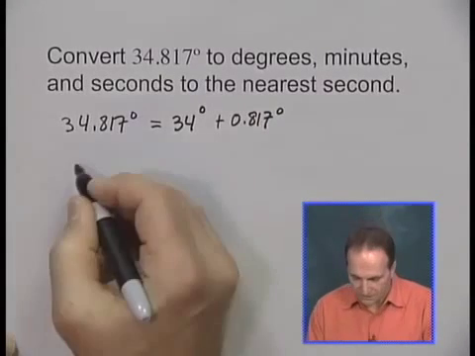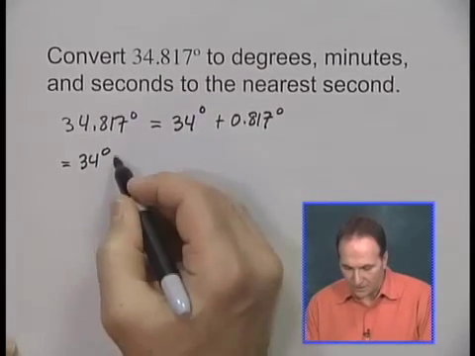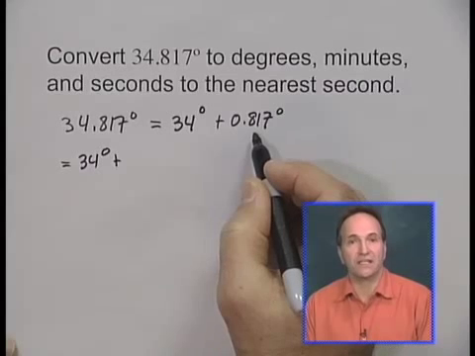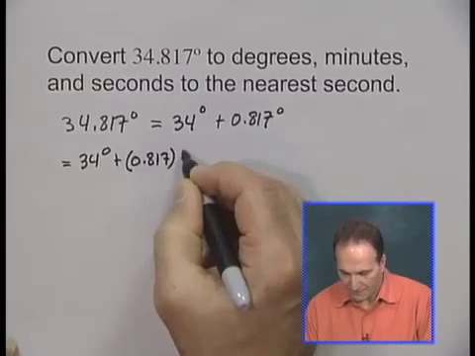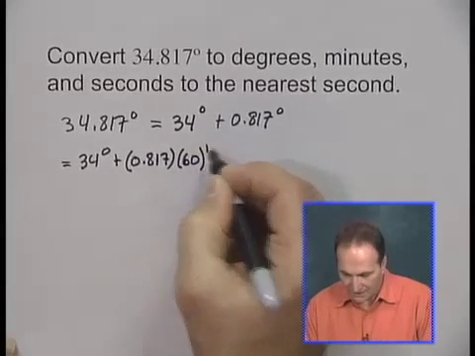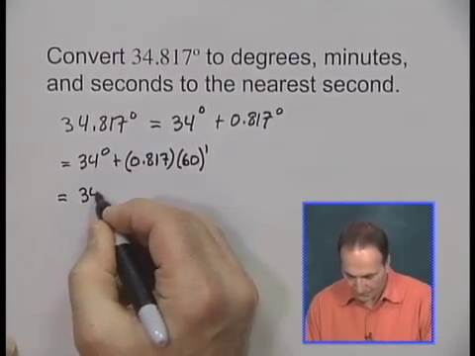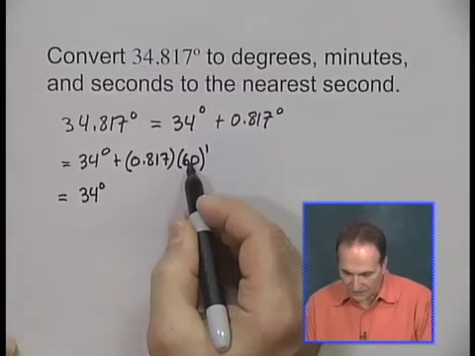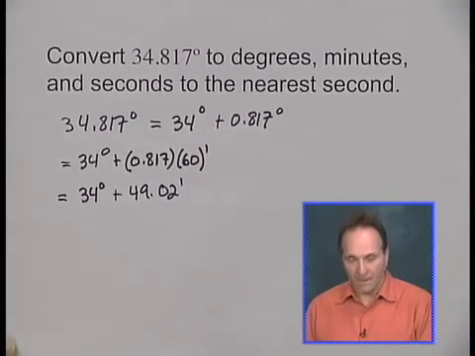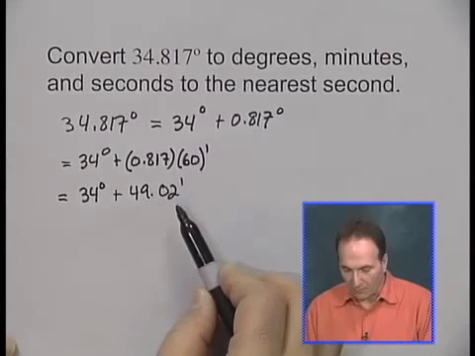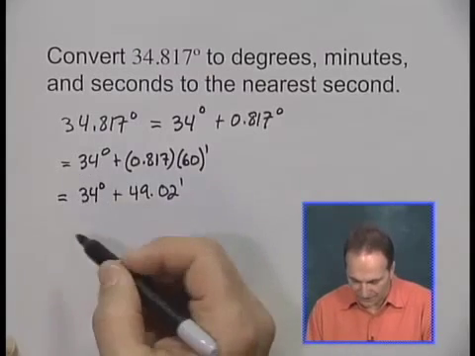minutes and seconds. So, continuing along with the 34 stays as is, what we now need to do is multiply this first by 60 minutes. So we would have 0.817 multiplied by 60 minutes, and so it'll convert that degrees to minutes. So this would be equal to 34 degrees, and then using a calculator here, this would be 49.02 minutes. We keep the 49 portion, and what we want to do is convert the 200ths of a minute into seconds. So this would look like,